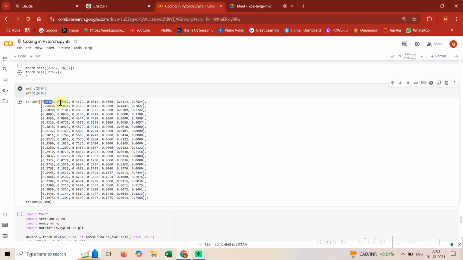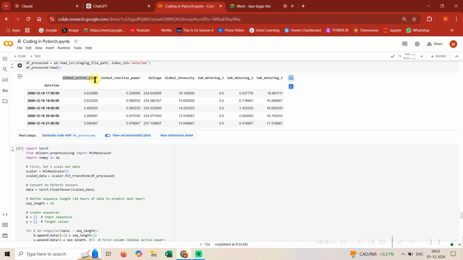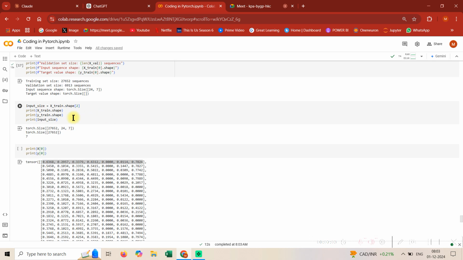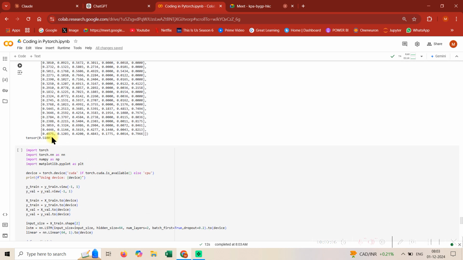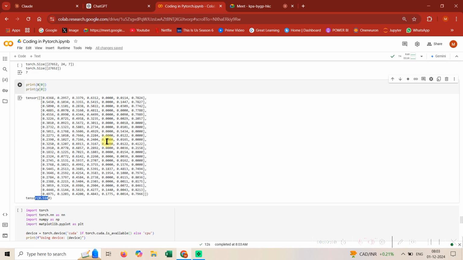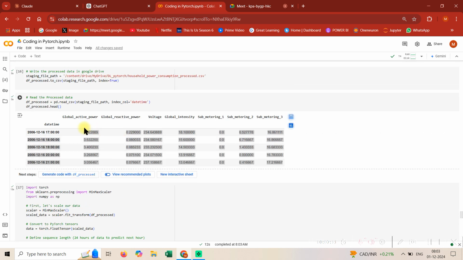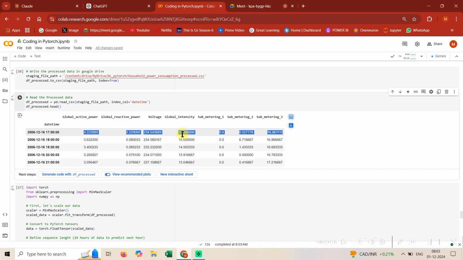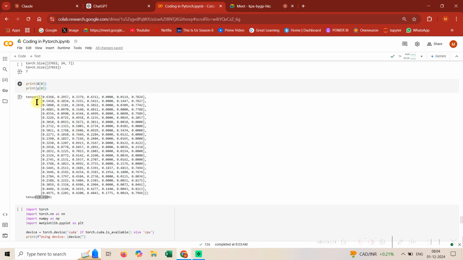So what is x? X is your 7 features, 1 2 3 4 5 6 and 7. So this row is exactly the first row, if you would see. Okay, I think this is not the first row, but yeah, this is some row in the data set. And if you'll see the next corresponding y value, okay, sorry guys, this would be the first row in the data set only. It's just that it's scaled down, so that means it is scaled after min max scaling into the range of 0 and 1. So that is my first row, and this is your x vector which has first row,